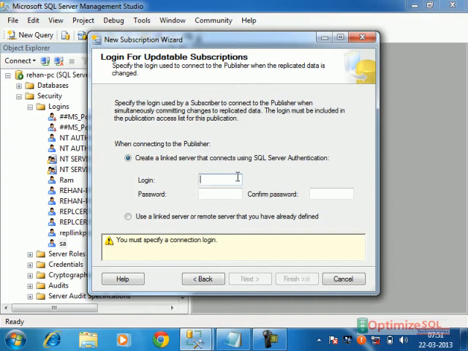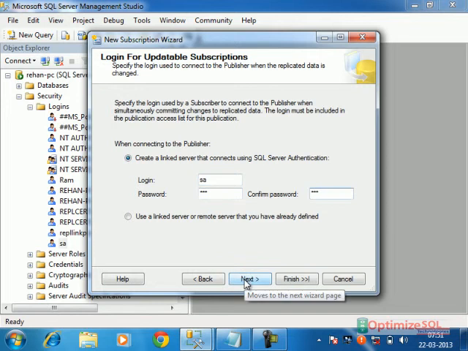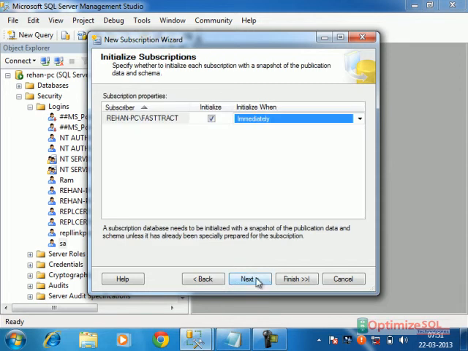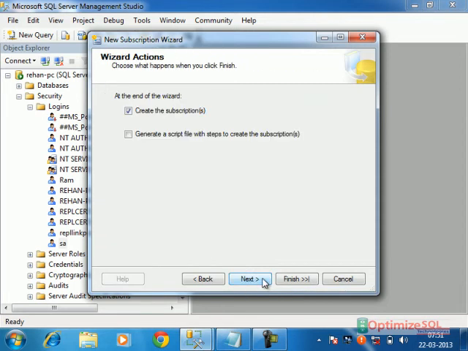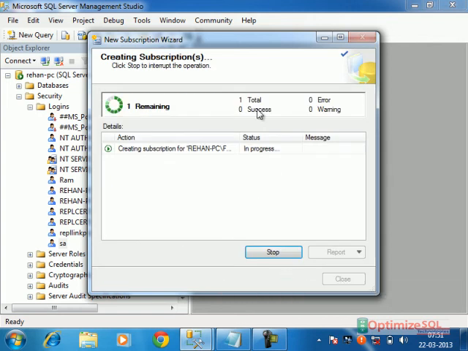Use that SA login. Next. This SA login is from which server? Publisher. We are telling the subscriber, use this login name and password, connect to the publisher and submit the changes. Next, same thing, initialize immediately, I am saying. Next, finish.